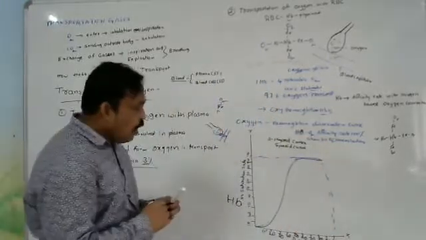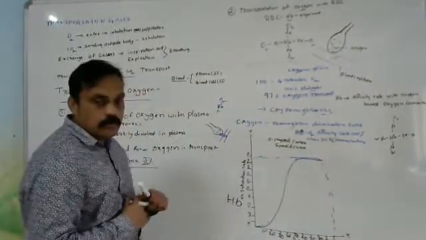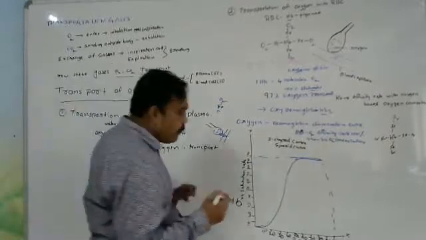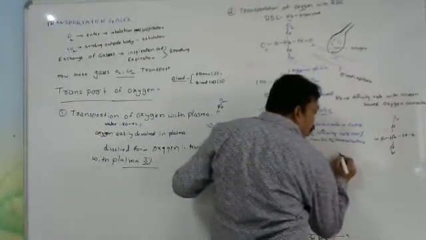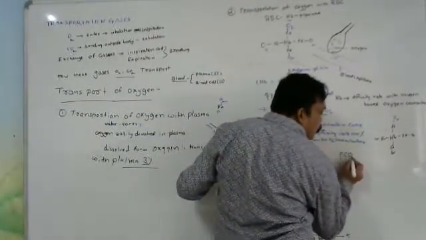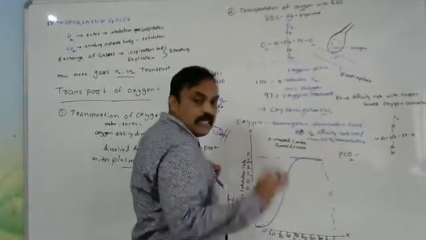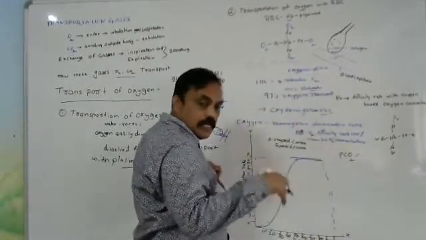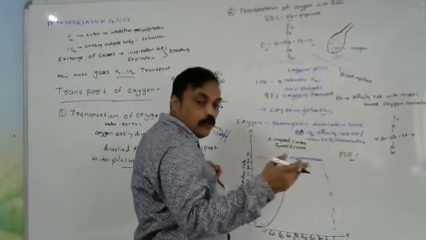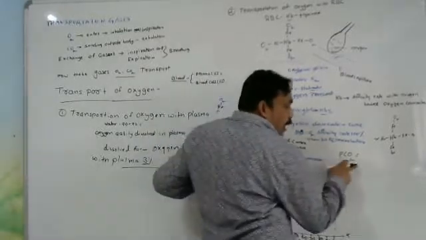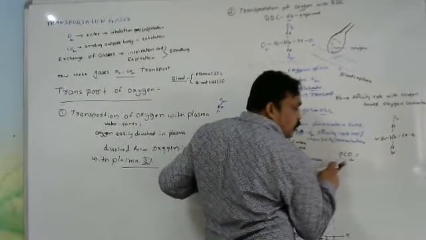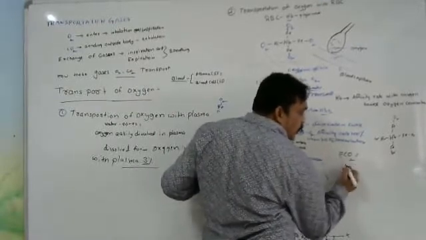So now what happens sometimes? Sometimes when the carbon dioxide PCO2 concentration is increasing, oxygen levels are less and carbon dioxide levels are more. Carbon dioxide is increasing in blood, so carbon dioxide and